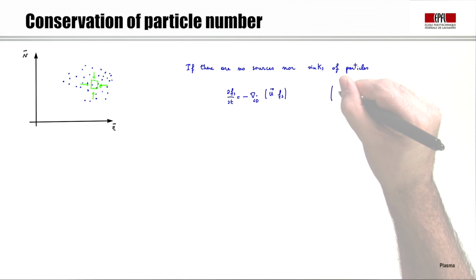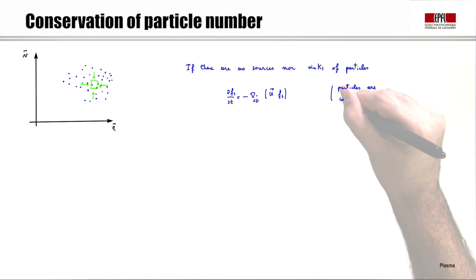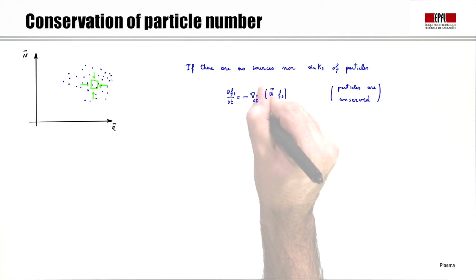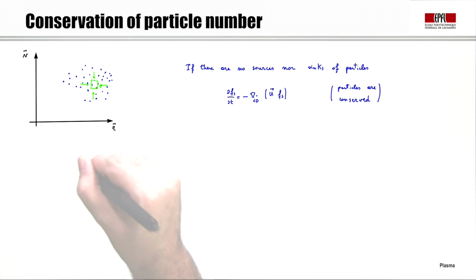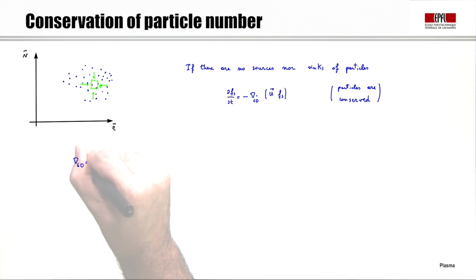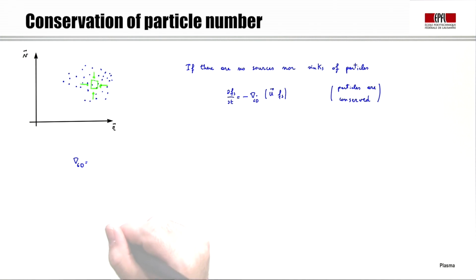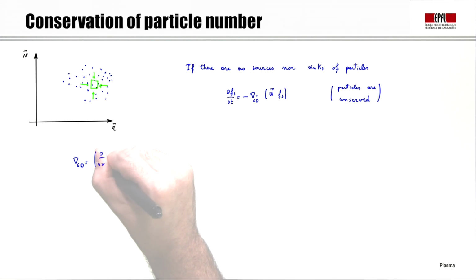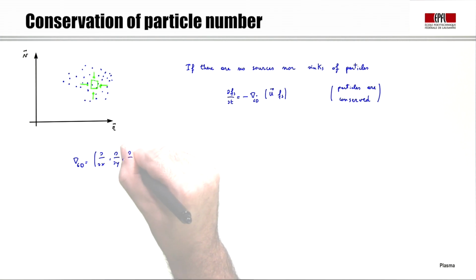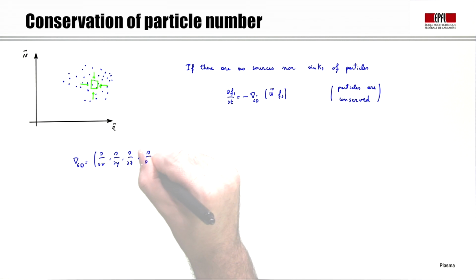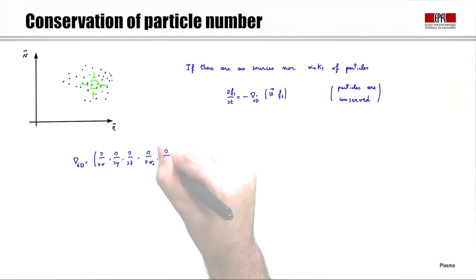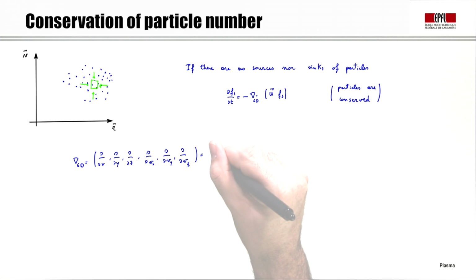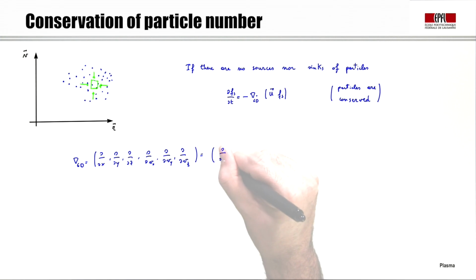This is something that tells us that particles are conserved. They are neither created nor destroyed. What do I mean with this nabla in 6 dimensions? Well, this is the generalization of the nabla operator that we know from the 3-dimensional space to extend it into velocity space. So this will be equal to d over dx, d over dy, d over dz, and then d over dvx, d over dvy, d over dvz,